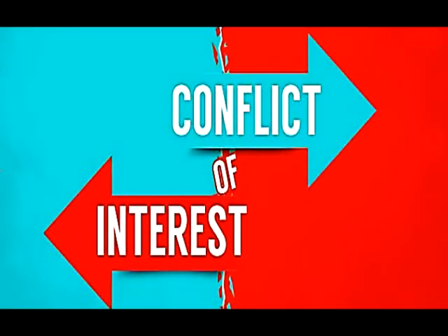A cornerstone of science is that it should be objective and unbiased. Suppose a researcher could gain financially or career-wise if he or she gets a particular result from a study. Although this by itself is acceptable, some people might doubt whether such considerations had compromised the study design, conduct, or publication of the study findings, especially if the researcher had not disclosed the potential gain. This situation is termed conflict of interest.